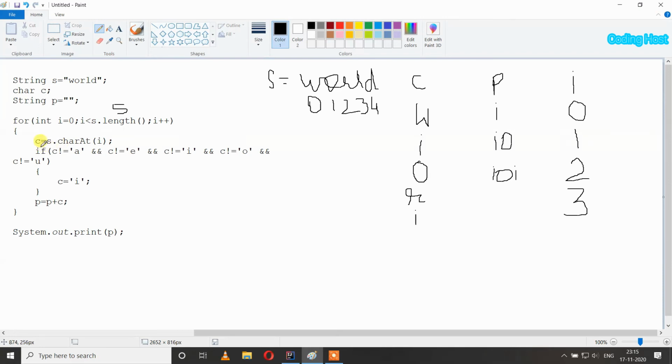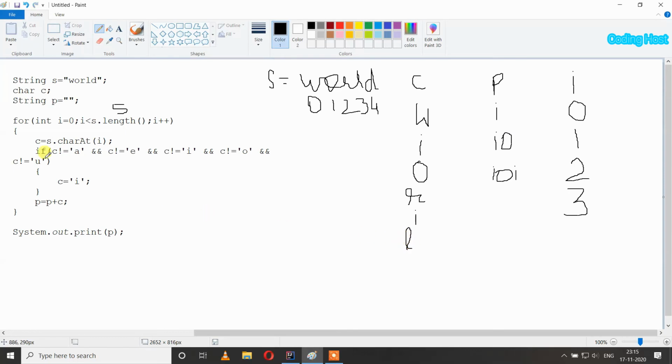And here we will again store the character at index i in this variable c, so at this index 3 we have character l and we will store it in this, so now this c variable has l inside it.